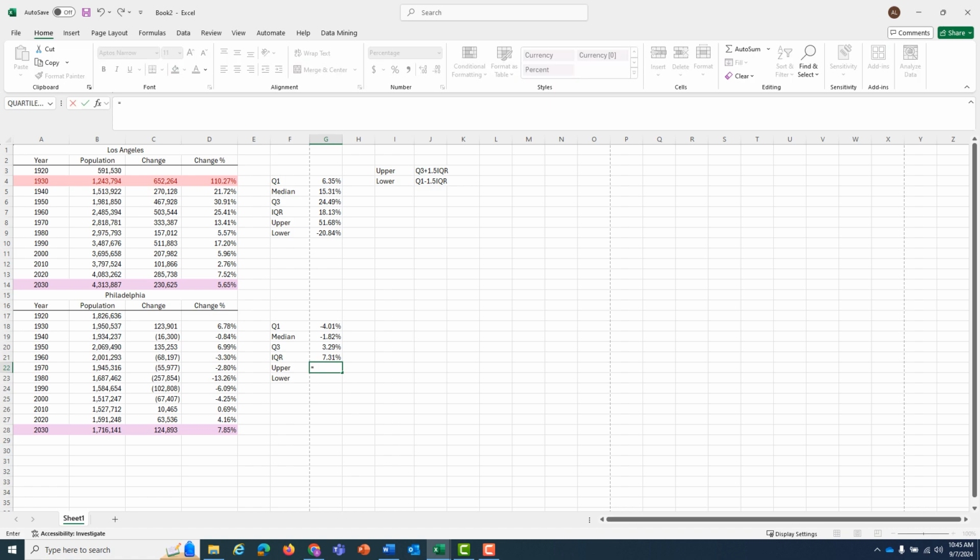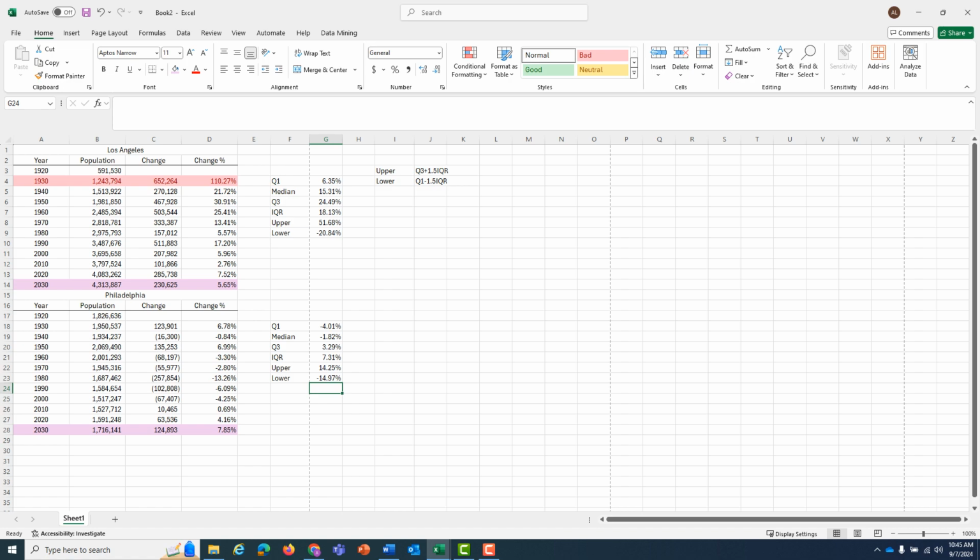The upper bound is Q3 plus 1.5 times the IQR, which is 14.25%. Any 10-year period where Philadelphia's population increased above 14.25% would be considered an outlier. But none of these are, so we don't have to discard any information as an upper outlier. What about lower? Well, Q1 minus 1.5 times the interquartile range of 7.31% comes out to be negative